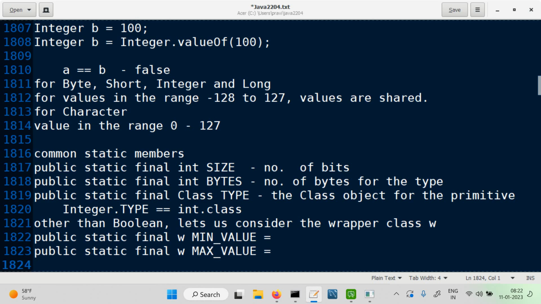Fine. So min value, max value is also available. Range for any primitive type you want to know, we have these variables, right? For example, you may like to consider compare, maybe a is greater than, a is equal to, or maybe a is less than